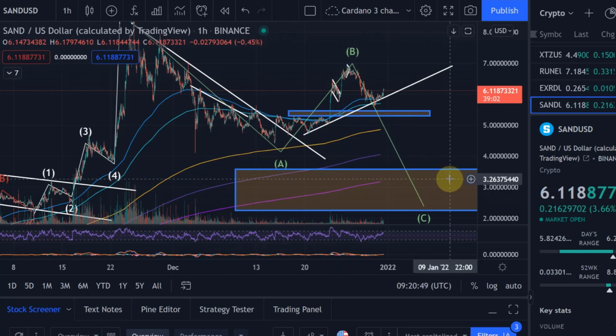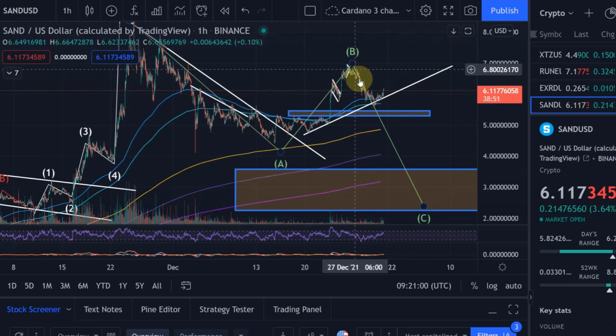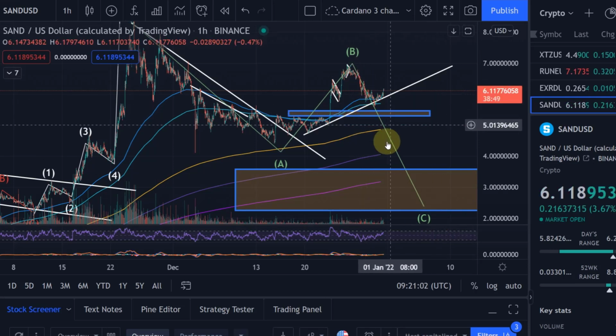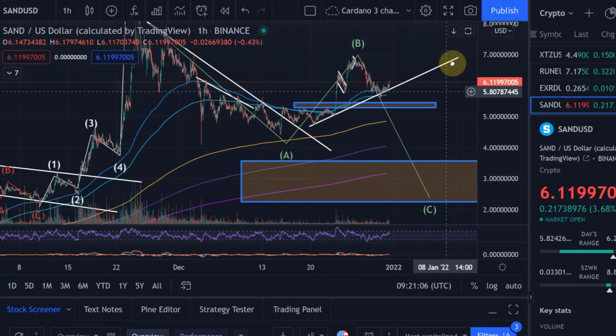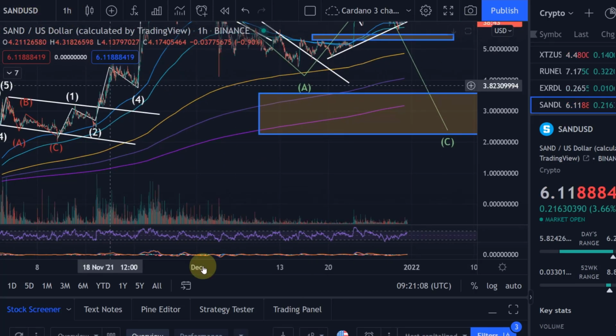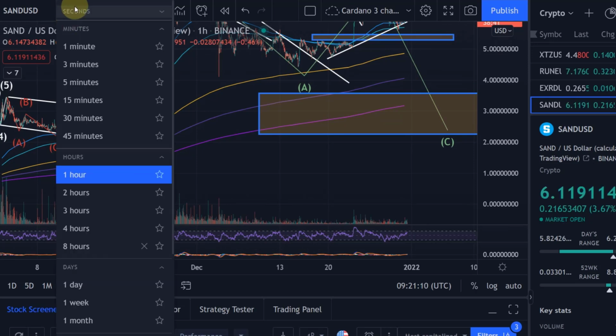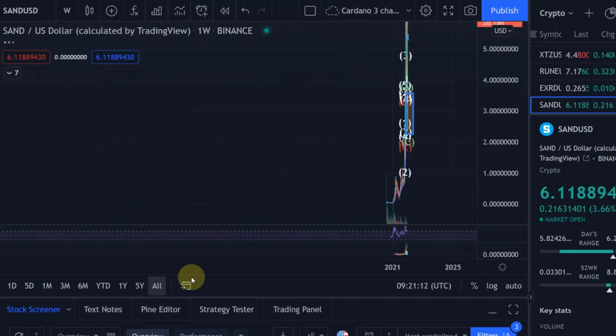And again, if the Bitcoin wave count in any way should be wrong, or it shouldn't play out, even though I think it's looking really likely that it's going to play out like a final wave C here for Bitcoin, then if that doesn't play out, of course there is a potential to move here to new all-time highs straight away. But there are many factors, not only the Elliott waves, that tell me we can expect another drop.